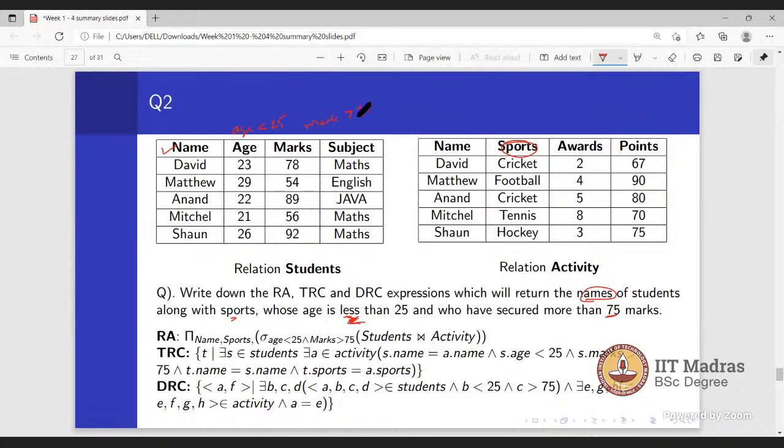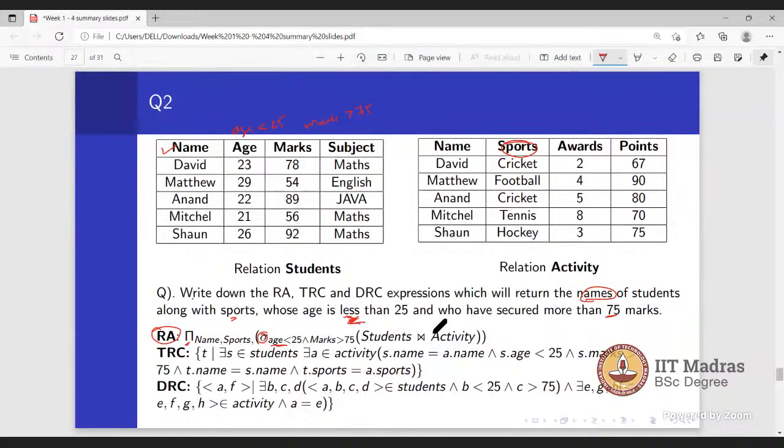greater than 75, right? And how to write this in a relational algebra expression? As you know, pi is used for the project operation, means it will project the particular attributes from the table, that is name and sport, and here you can specify the condition in the sigma operator, that is age less than 25 and marks greater than 75.